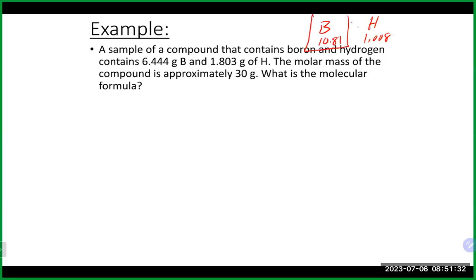All right, so see what you come up with here. Okay, let's take a look here. So in this case, we have the grams of each of the elements. So really the next thing we want to do is convert them into moles. So we'll do